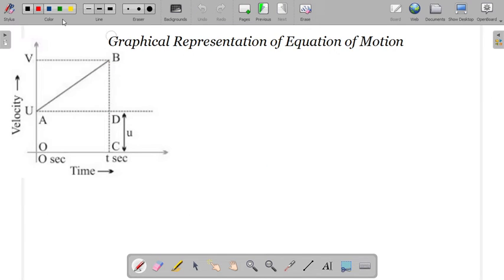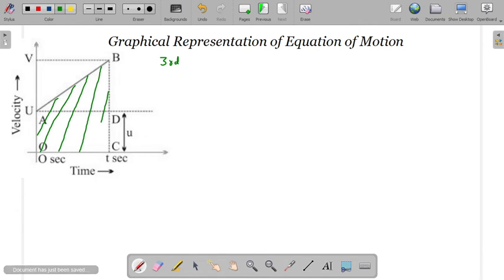Third equation. Okay. So for the third equation of motion, now we calculate the whole area of OABC, that is the trapezium. Okay, you can see that OABC is making some kind of trapezium. So we will calculate this total area, है ना. टोटल एरिया हमने इस बार भी कैलकुलेट किया था सेकंड में, बट वी कैलकुलेटेड इन टू पार्ट्स बाय ब्रेकिंग देम इन रेक्टेंगल and a right angle triangle. But now we will calculate the area by using the formula of trapezium.